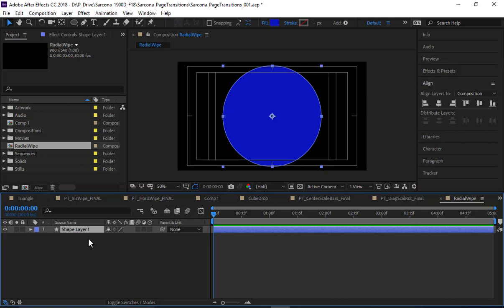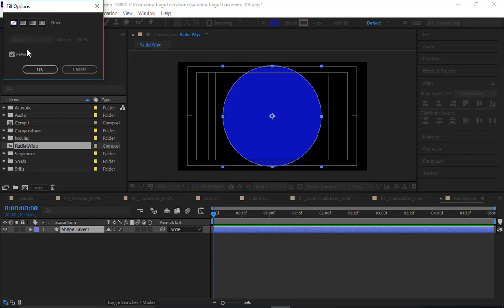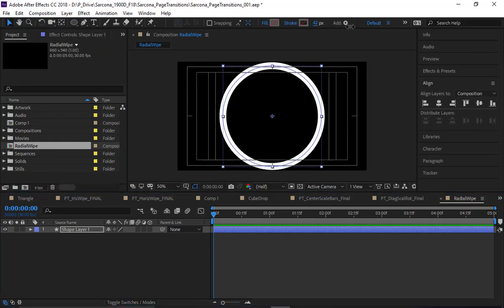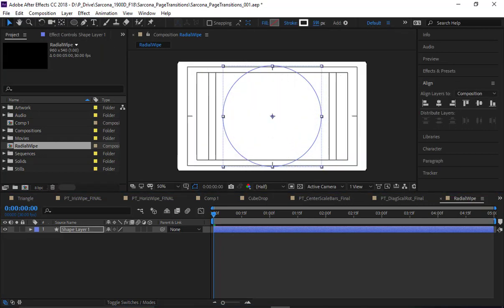That's how that one's done. But I don't want the fill on this, I just want the stroke. So I'm going to turn off my fill, and I'm going to crank up the stroke. Okay, so that'll be pretty big like that. And if I go to exactly 500, because the item is already 500 units,